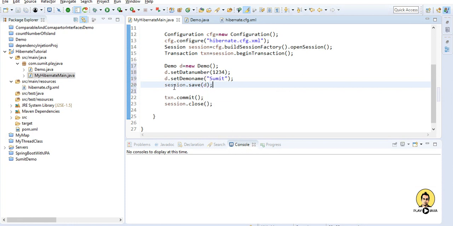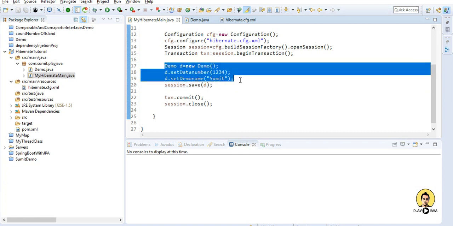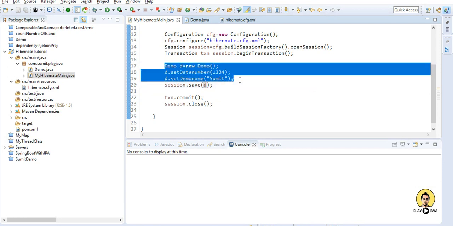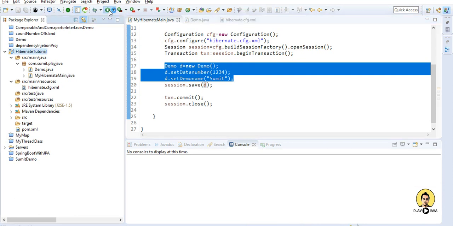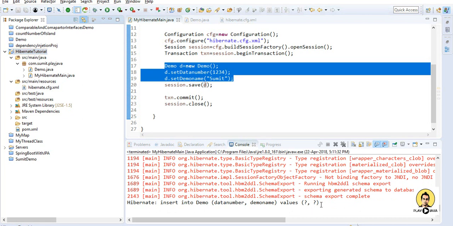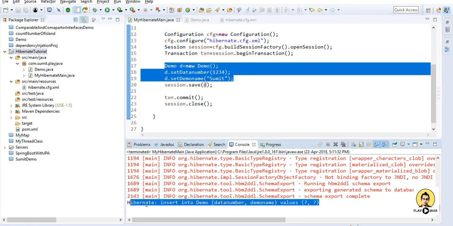So what this does is, through Hibernate it takes the object of whatever entity class it is and saves the data in the database according to the table columns which are provided. Now when I run this file, see, it is showing in the schema that insert into demo table has been done with the values data number and demo name.